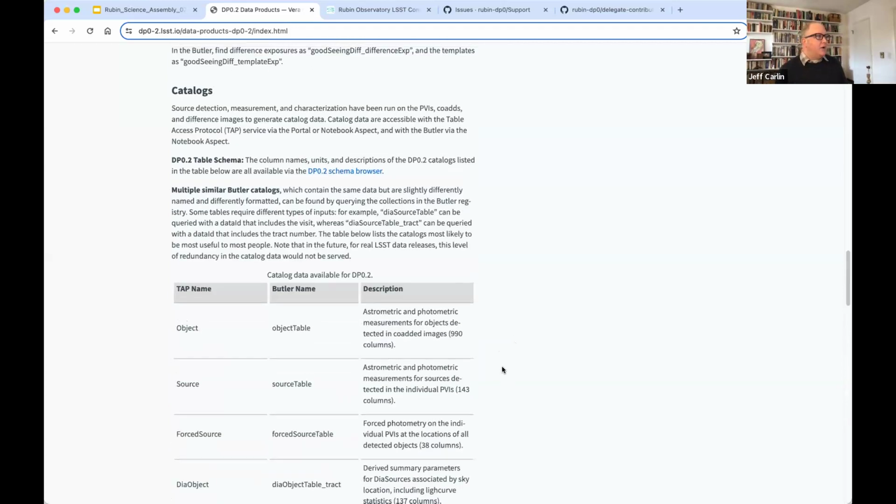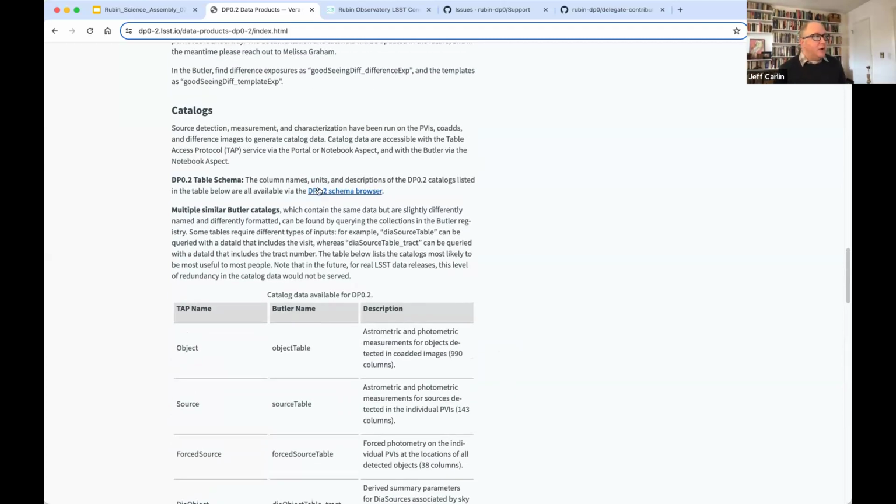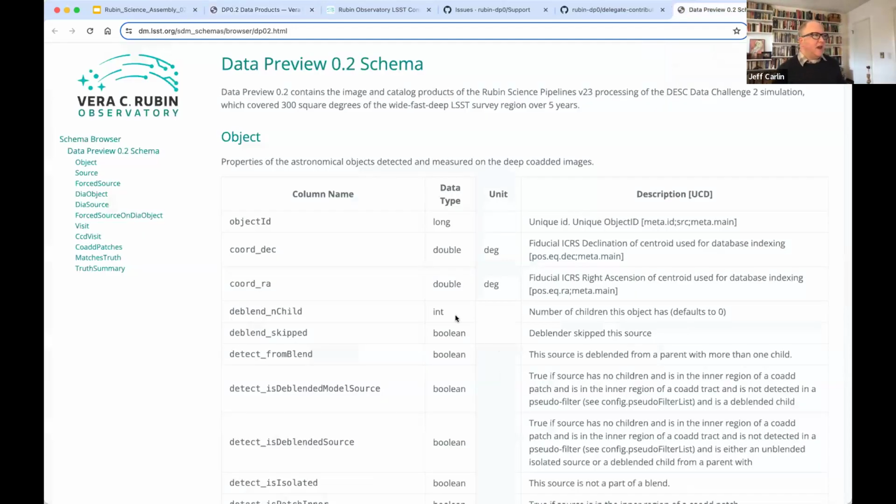But I'll also go back up here to the table schema. If you want to know what all of those 990 columns in the object table mean, you can go to this schema browser, which I just opened in a new tab here. And now you can see the object table highlighted.